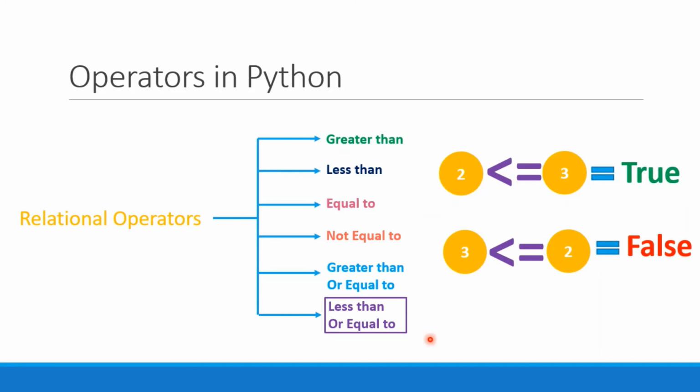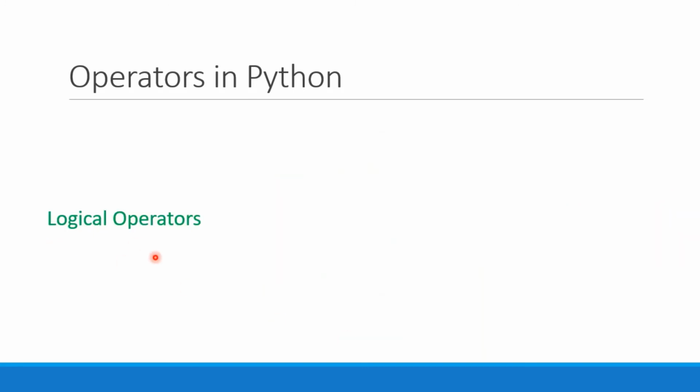Okay. So now let's see what the purpose of these logical operators is. Whenever we want to check multiple conditions, we can use these logical operators. Okay. Once I give you an example, then you will get a better understanding of what these logical operators are. So for now, let's see how many logical operators we can use in Python. There are three different logical operators that we can use in Python. Number one is the AND operator, then we have the OR operator, and then the NOT operator. Okay. So let's see what this AND operator is.